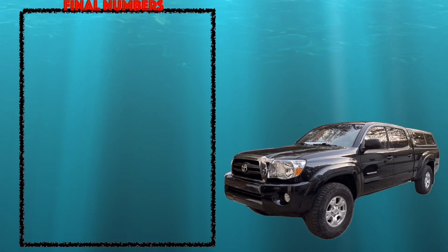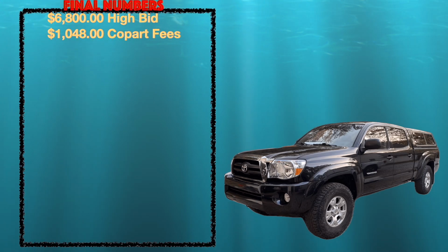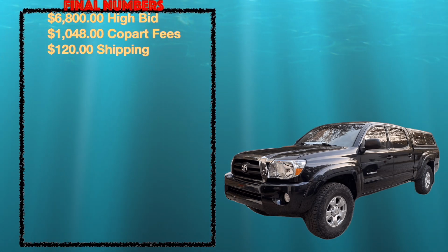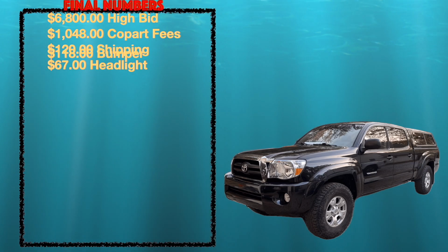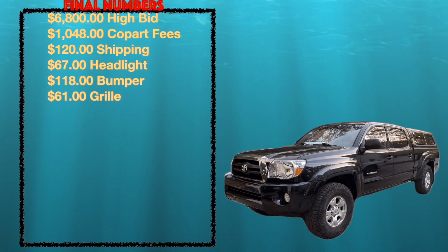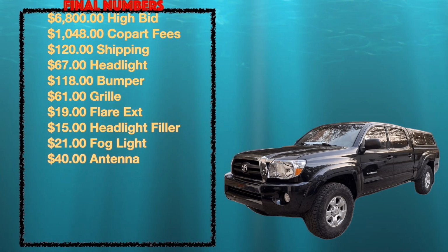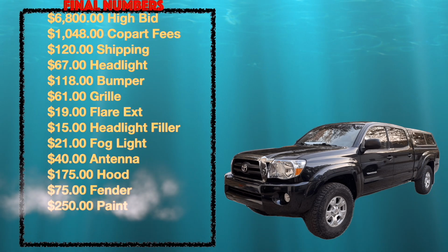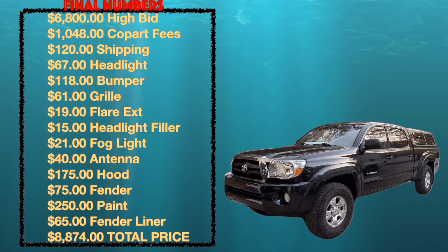So we like to break down the total cost of these things. And we bought this at auction for $6,800 from Copart. Copart tacked on $1,048 in fees. We paid $120 shipping, $67 for the headlights, $118 for the bumper, $61 for the grill, $19 for the flare extension, $15 for the headlight fillers, $21 for the fog lights, $40 for the antenna, $175 for the hood, $75 for the fender, $250 for paint, and then $65 for a fender liner. And the total cost was